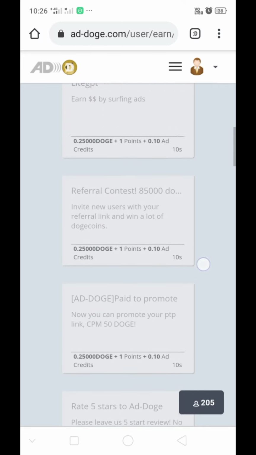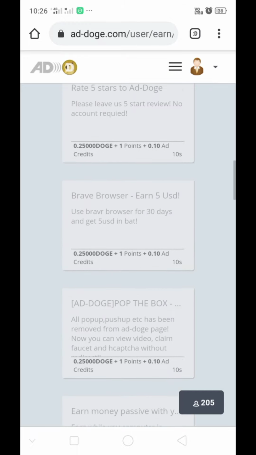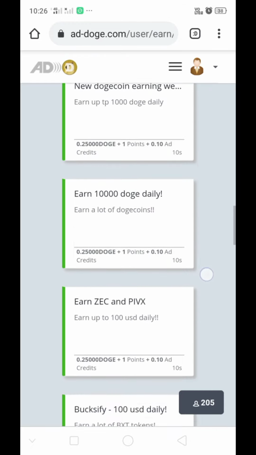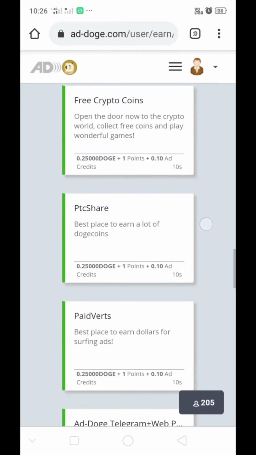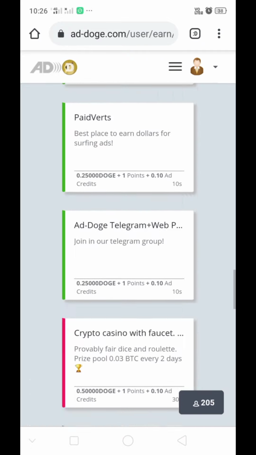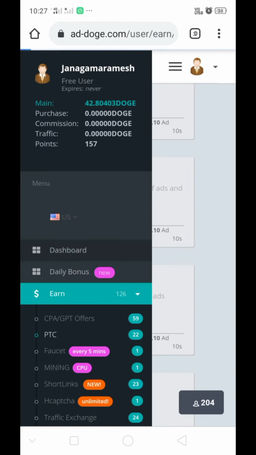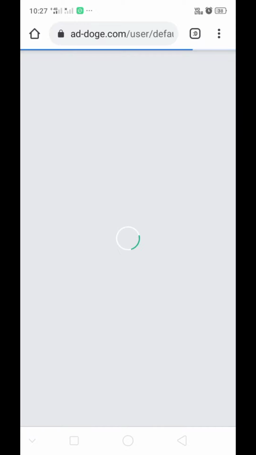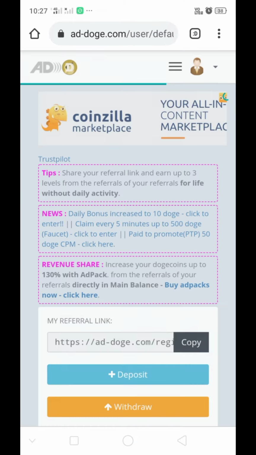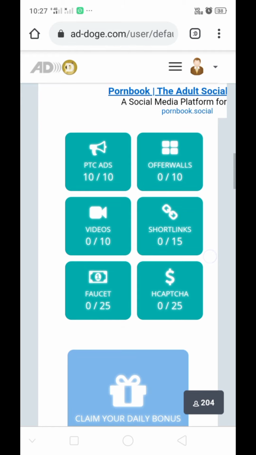You can earn more with the remaining ads. Now I am going back to the dashboard. See there, my 10 ads are completed.